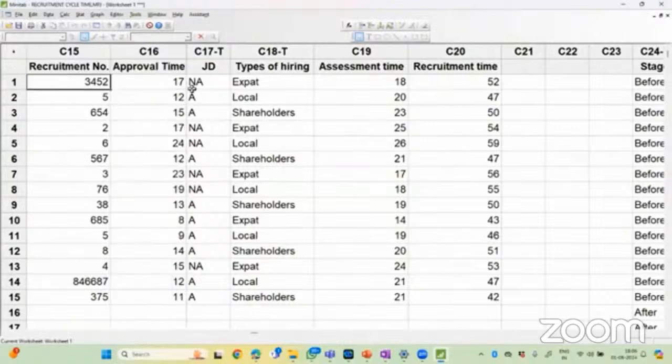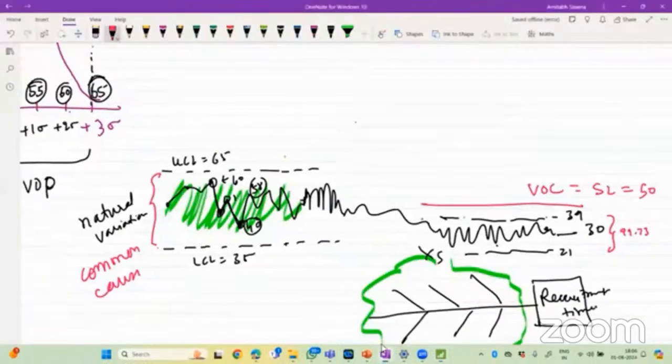So recruitment number 3452, approval time was 17 days. Job description was not available. Type of hiring was expat. Assessment time was 18 days. And total recruitment time was 52 days. So I collected data for 15 recruitments. And now I can start investigating. So now let me take you back to